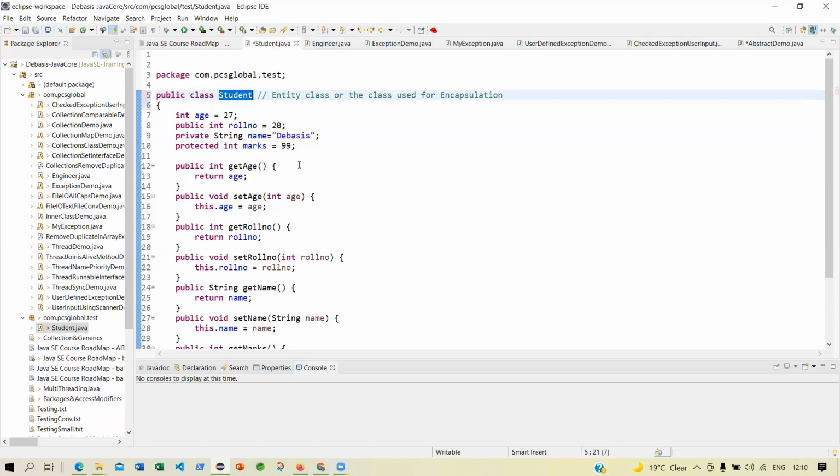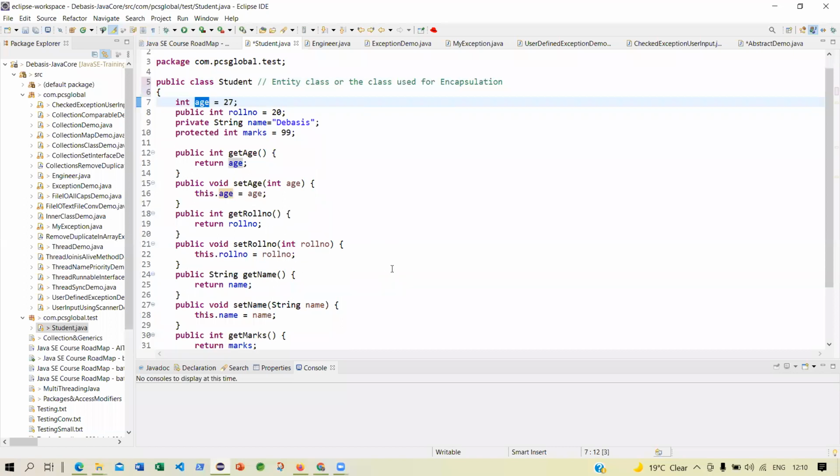So all the fields. Let's say I have an entity class Student. I have the getters and setters for all the fields. Age, so getAge, setAge. Get roll number, set roll number. Get name, set marks.